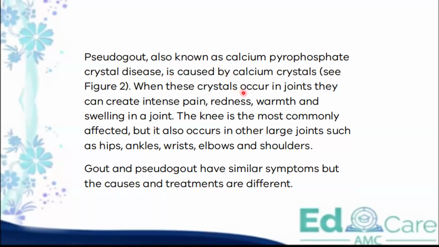For the symptoms, you get extremely severe pain, redness, and warmth, so they will give you a picture similar to septic arthritis. When they come with gout or pseudogout, another thing you will be thinking about is septic arthritis. But how do you differentiate? The fever, right? If there's no fever, you can exclude septic arthritis. The knee is most commonly affected in pseudogout, but it can occur in other large joints as well, so they can give you any joint for pseudogout in the questions.